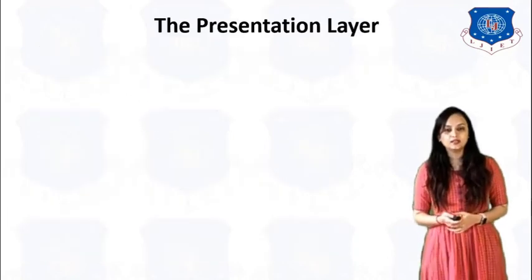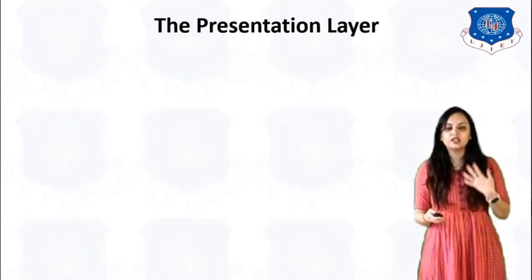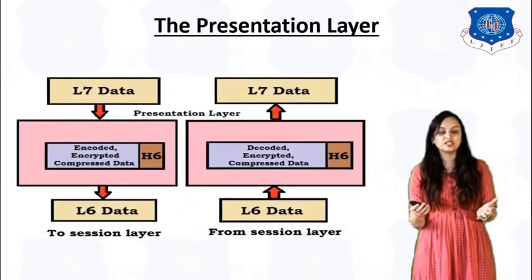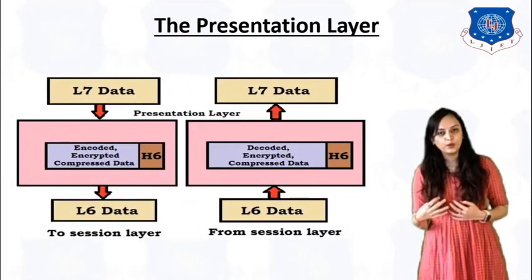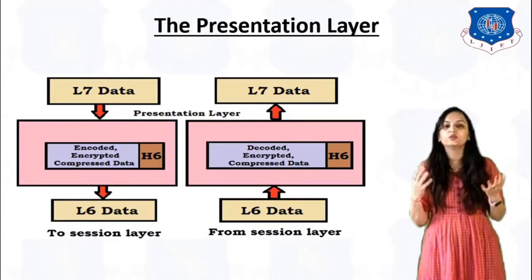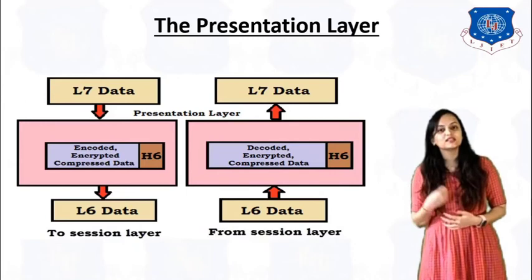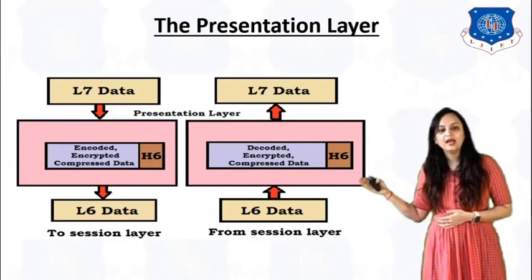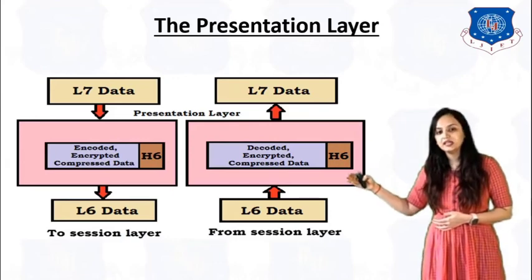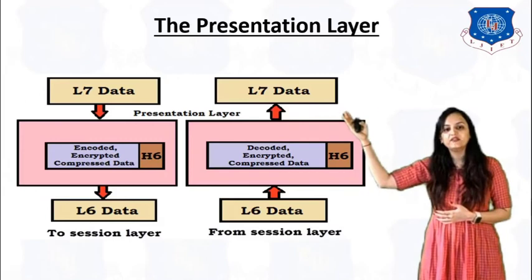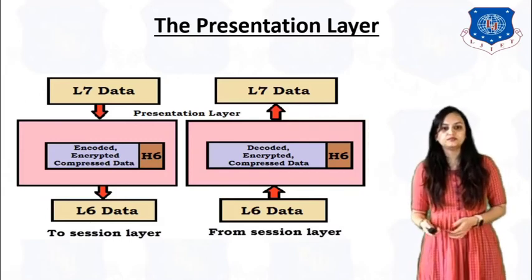Okay. And the last one above the application layer is the presentation layer. Presentation layer, as the name suggests, refers to the networking layer through which you can decide how your website will look. So it is called a presentation layer. It will take the data from the session layer and process it using decoding, encryption or compression operations, and then it will give it to the last layer.